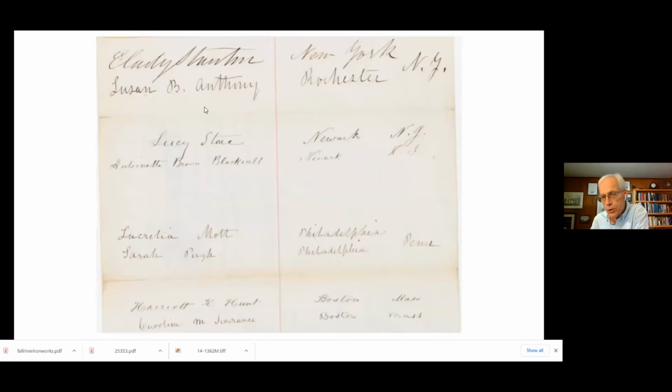And the signatures, you see some famous ones: Elizabeth Cady Stanton, Susan B. Anthony, Lucy Stone, Antoinette Brown Blackwell, Lucretia Mott. And what you notice about it is the first petitions we looked at were local: Steubenville, Ohio, Brookline, Massachusetts. But look at this: women are organizing regionally across the Northeast, because we have New York, Rochester, Newark, Philadelphia, and Boston. And so you see that the lobbying group is spreading itself across the geographic region. And so you see a much higher level of organization and communication than in earlier political movements.